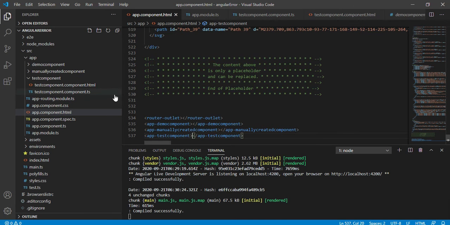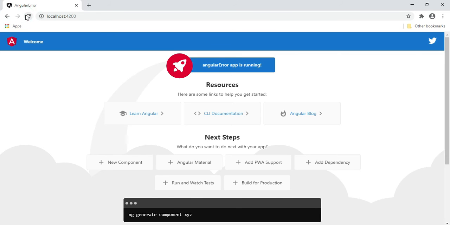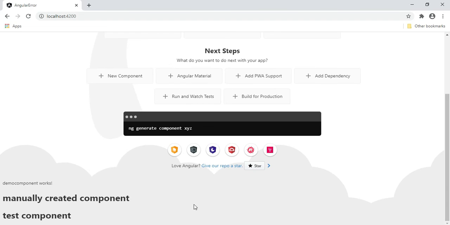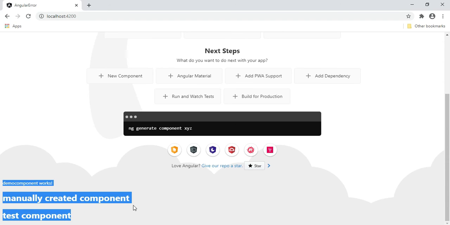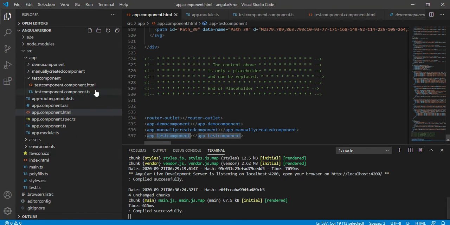So here I restarted my Visual Studio Code, and I used this root file from where it should configure it. Nothing made any changes. So if you see this test component, which we created manually, it is executing. So there was no issue with our code. The only issue was that Visual Studio Code was not able to identify from which location or from which module or component this should be executed or compiled.